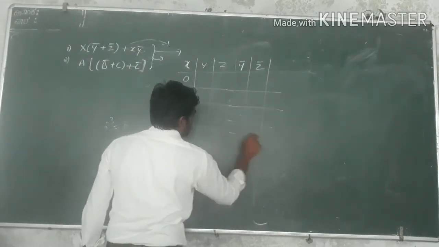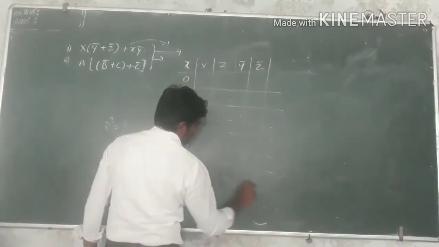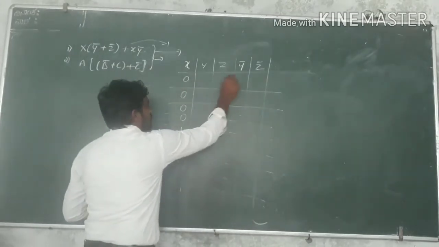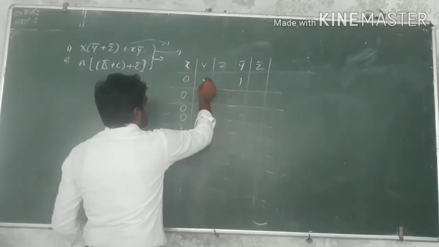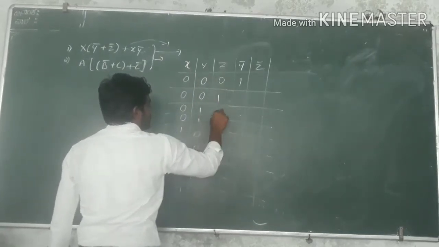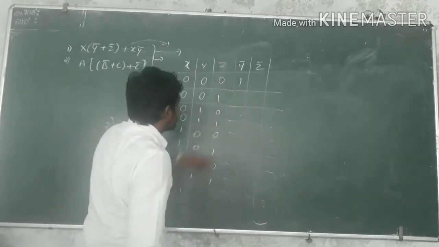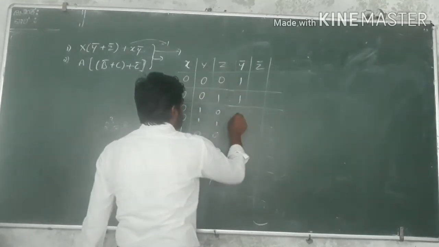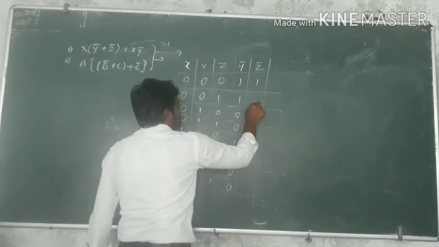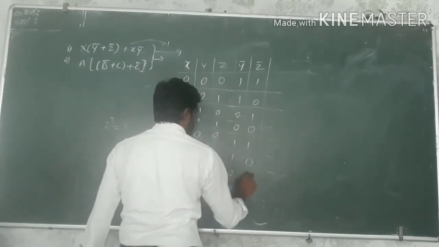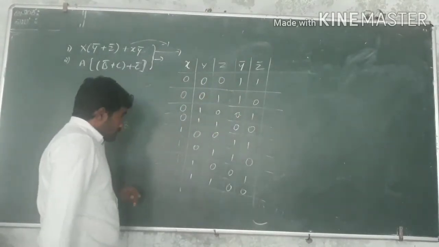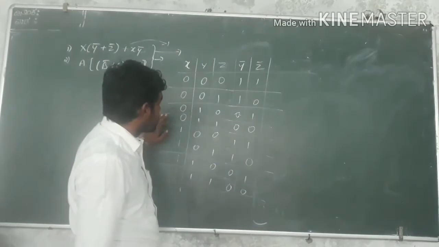Complement in the sense that is reciprocal of the previous variable, that if it is 0 make it as a 1, so then it is 0, it is a 1, this way 0 0 1 1 0 0 1 1, 0 1 0 1 0 1 0 1. So y complement in the sense 1 1 0 0 1 1 0 0. Z complement 1 0 1 0 1 0 1 0. This is the way of finding the values with respect to the variables over here.